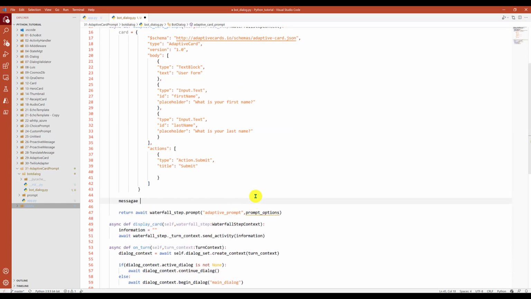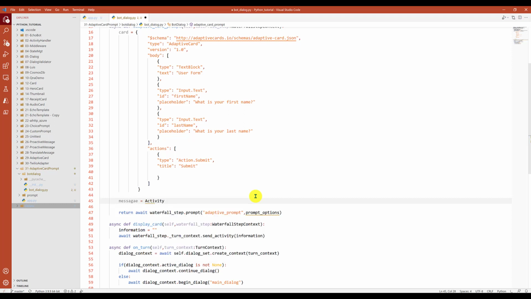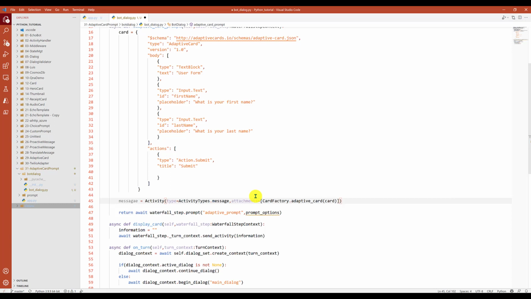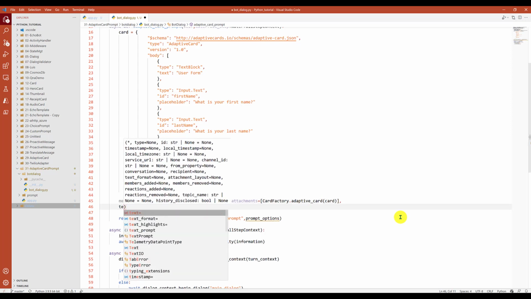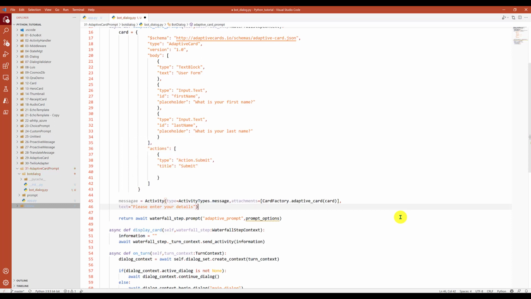So message activity, type message, attachment CardFactory.adaptive_card, we are using it. If you want to display text also you can use it, for example text, please enter your details here.